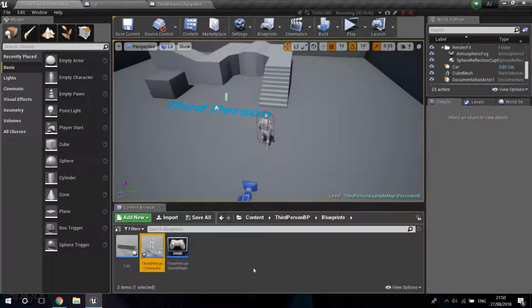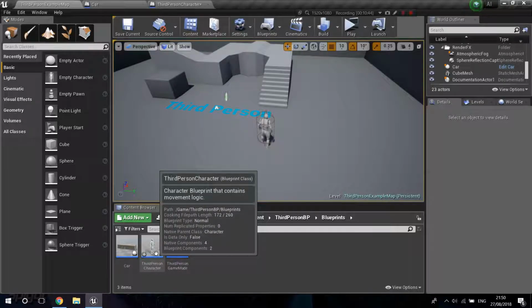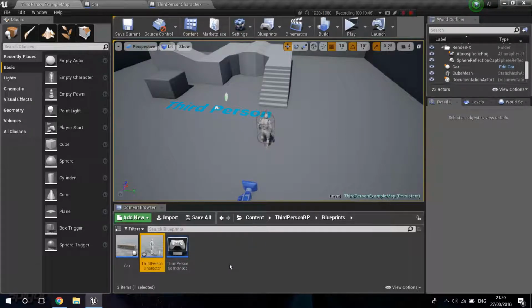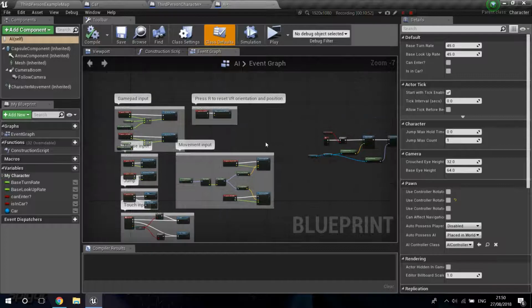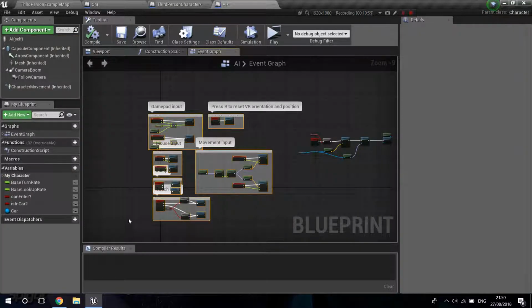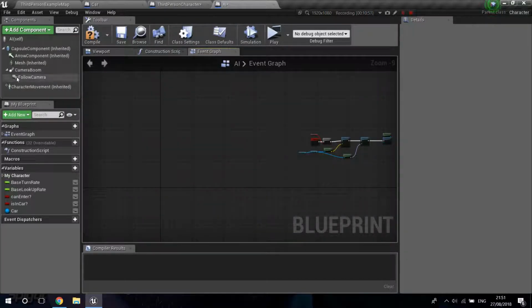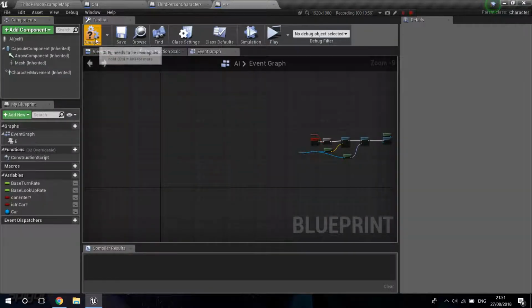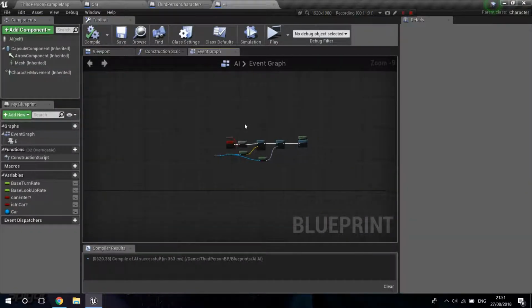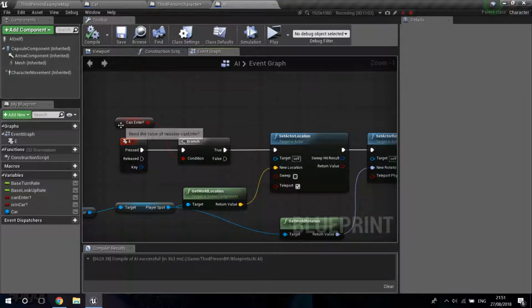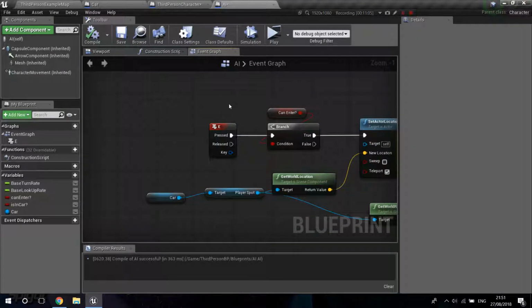So I'm going to go over here into the third person character. Actually, I'm not. Yes, I am. I'm going to Control W to duplicate, and I'm just going to call this the AI. And I'm going to double click that open. First of all, I'm going to delete everything that has to do with the input. I'm going to delete the follow camera and the camera boom. And I'm not going to have any input on the AI, so I'm going to just